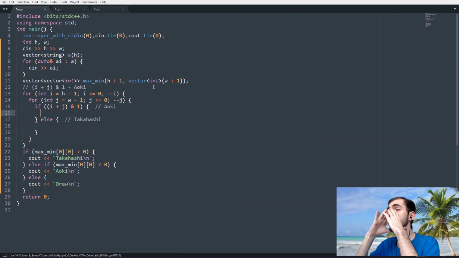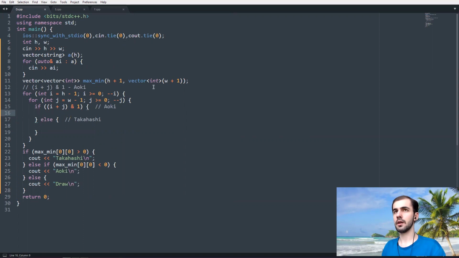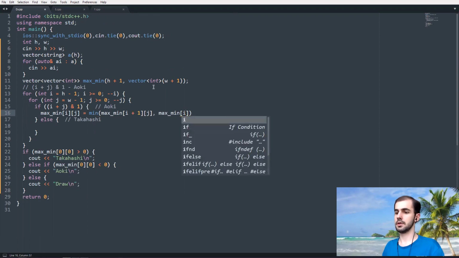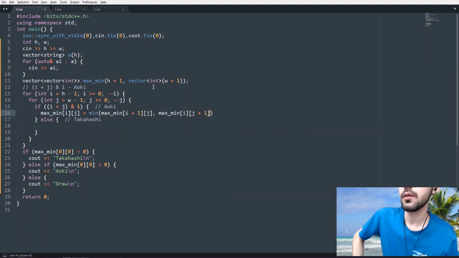I assume if the score difference is, what is the best score, what is the difference between Takahashi's score and Aoki's? And Aoki wants to minimize it and Takahashi wants to maximize it, so maximin of i and j will get the minimum of maximin of i plus 1 and j, maximin of i, j plus 1, and we should also take